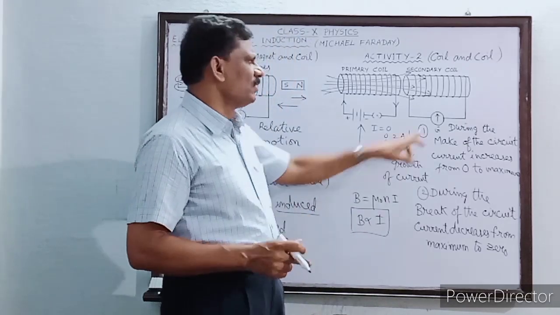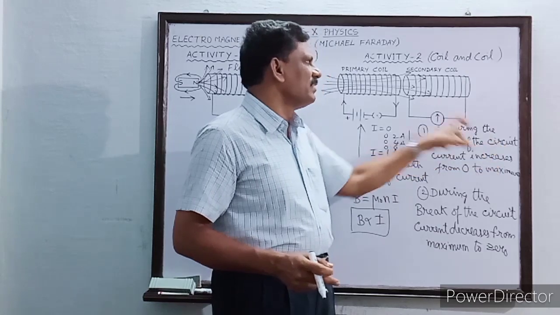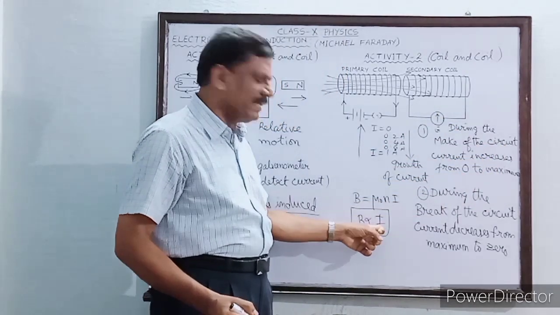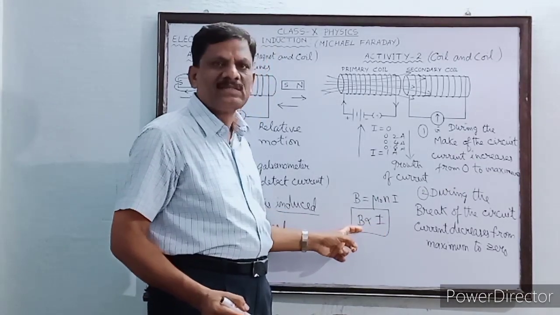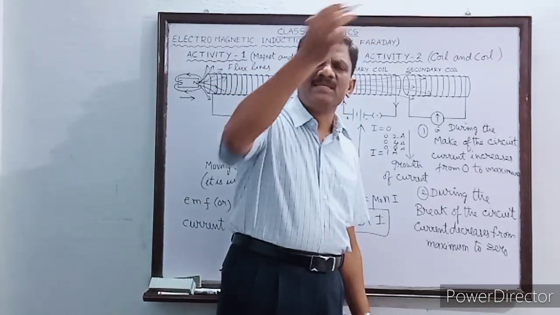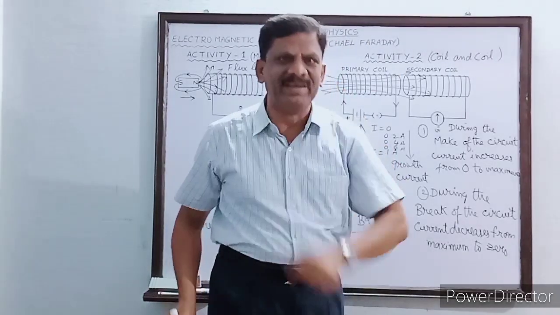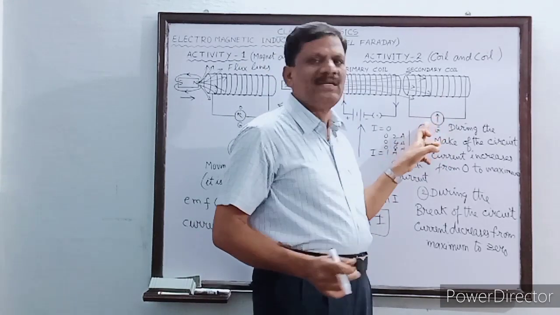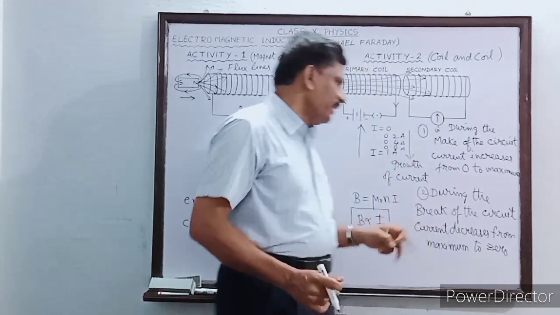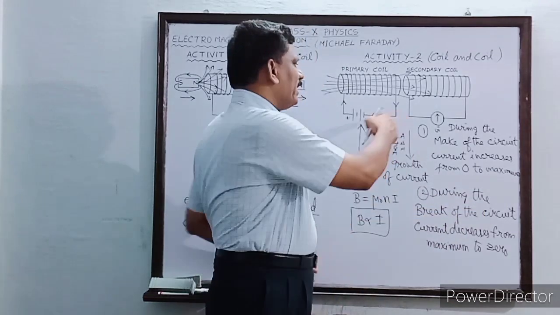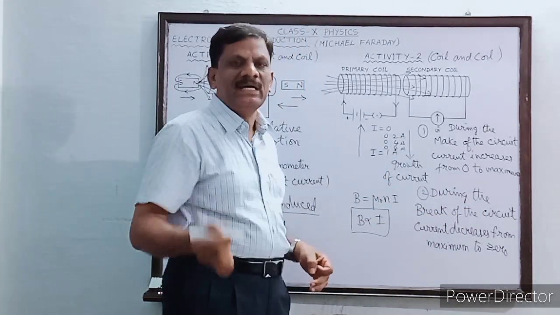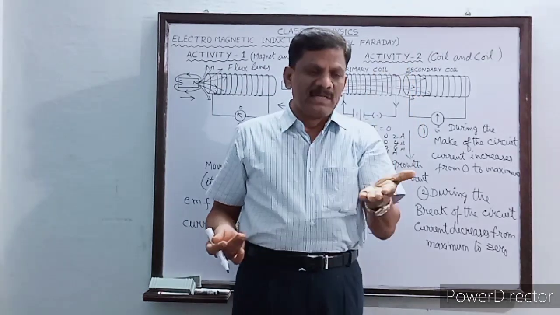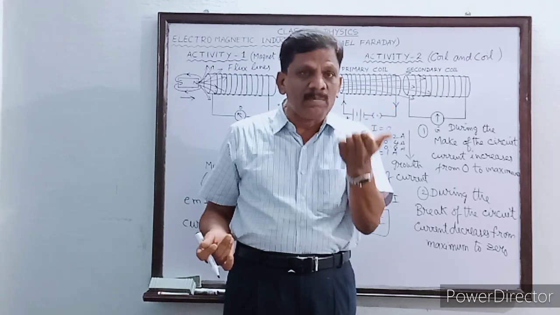Okay. So once again, during the make of the circuit, the current increases from 0 to maximum. So when the current increases from 0 to maximum, the magnetic field also will be increasing from 0 to maximum. During this change in the magnetic field linked with the secondary coil, an EMF will be induced and a current will be induced. Similarly, during the break of the circuit, that is when I remove the plug key, current will not become 0 immediately. It has to come down from 1 ampere to 0 ampere through 0.8, 0.6, 0.4, 0.2,